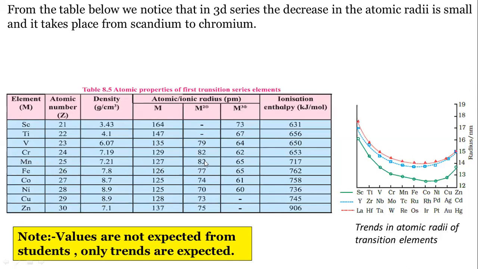Up to manganese there are only 5 electrons, and then iron, cobalt, nickel, copper, and zinc. From Fe onwards, Fe to zinc, pairing will start. So initially the nuclear charge increases. As the nuclear charge increases, it will pull the electrons towards itself, and the atomic size will be decreased. Atomic size will be decreased up to